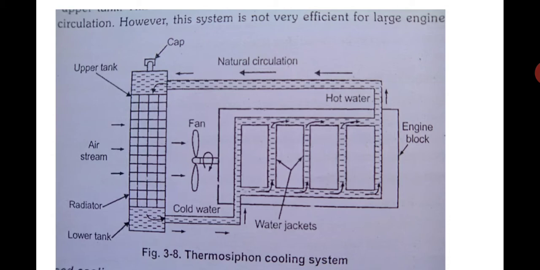Now in the radiator, the water falls from the top, coming down through the tubes. When it is coming down, there is air movement across the tubes, like in a cross flow heat exchanger. The hot water exchanges its heat to the cold air, and there is a fan here. The engine drives a small fan. The fan sucks the air through the radiator, and this movement of air against the hot water allows the heat transfer to take place from the hot water to the cold air.